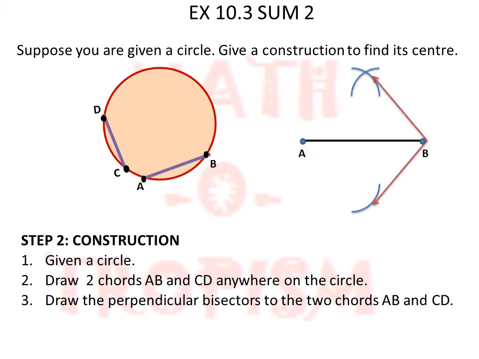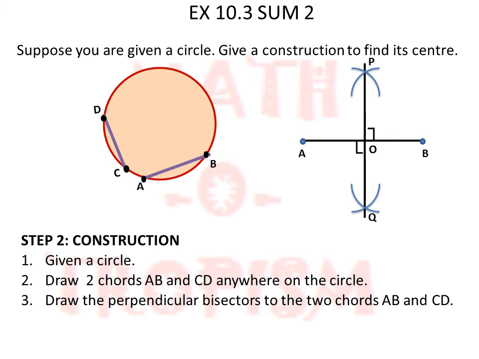Now these two arcs are intersecting at 2 points. We just need to join those 2 points. Now the line which we get will be a perpendicular bisector of AB. It means what? The angle between the perpendicular bisector, let us take it as P and Q, and let that intersect AB at O. Then angle AOP and angle POB. Similarly BOQ and AOQ all are 90 degree.